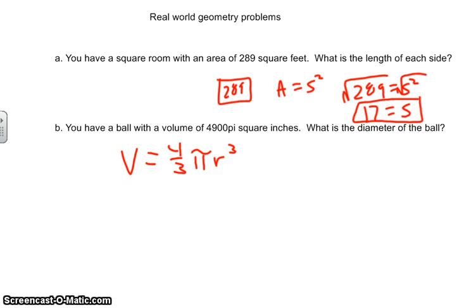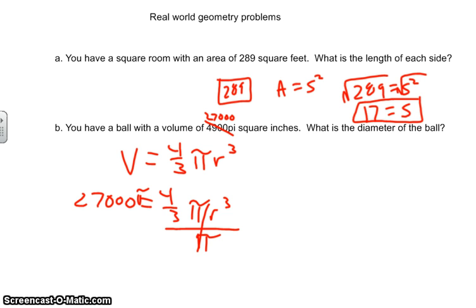I'm actually going to make this a little bit easier number for us to see right now, and I'm going to call this 27,000 pi. So I'll put 27,000 in right here, equals 4/3 pi r cubed. We don't know what r is. Oops, and that should have said pi. So first I will divide by pi. I will divide by pi. I'll get 27